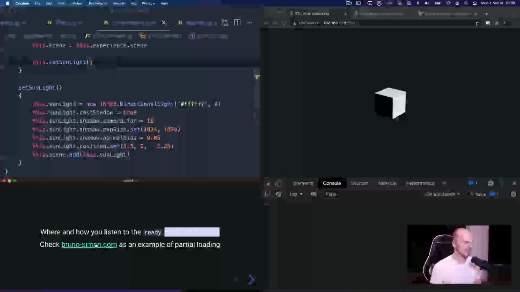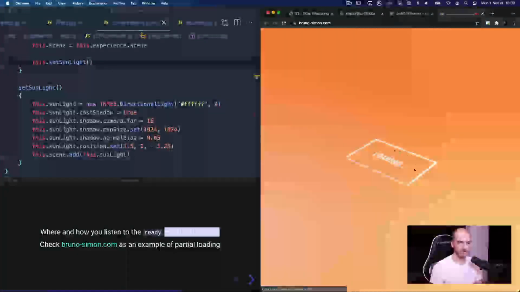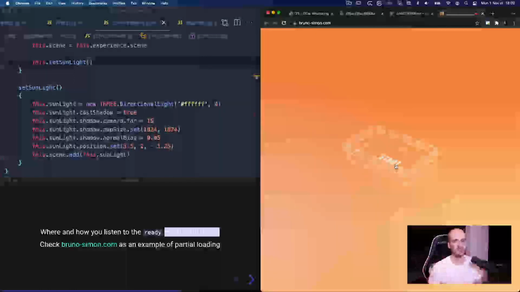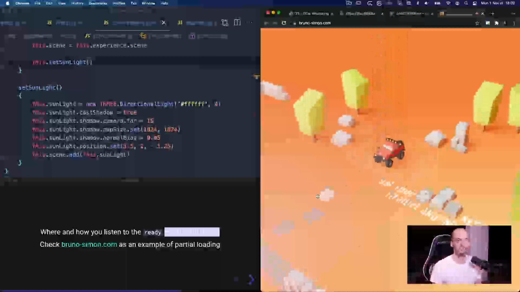A good example is actually my website, where it starts from the beginning. As you can see, we have a loader, but it's already in 3D. So I'm just waiting for the minimal assets I need. Then I show the loader. It's already in 3D. And while it's progressing, I update this part that I already showed, and when everything is ready, I listen to an event so that I can show the start button. And when I click on the start button, well, everything is ready from the resources class,